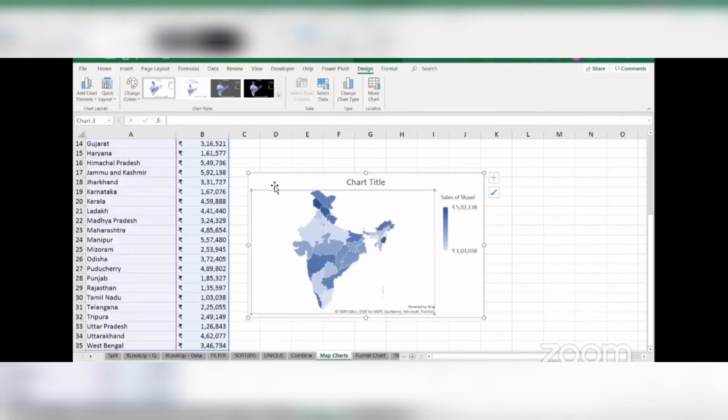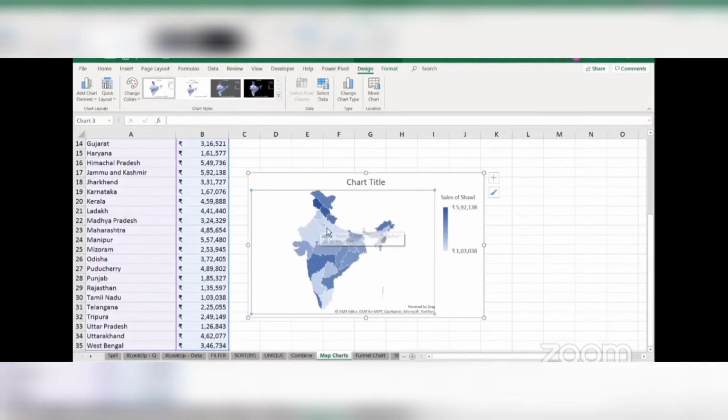So this is the benefit of a filled map. I would say there are two benefits of a filled map. One, easy navigation, because it is visual, geographical data; it's visually appealing and easy to find. And second, you have this beautiful color scale, this amazing color scale which helps you understand the intensity of your sales. So wherever you have a darker color, you have a greater amount of sales. Wherever you have a lighter shade, you have a lesser amount of sales, right?